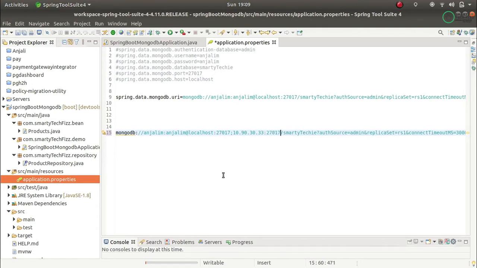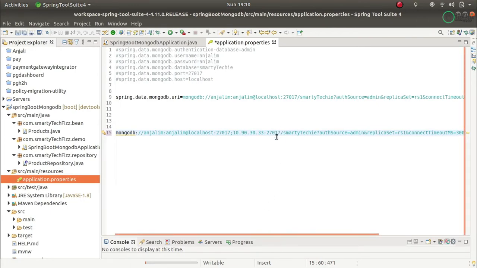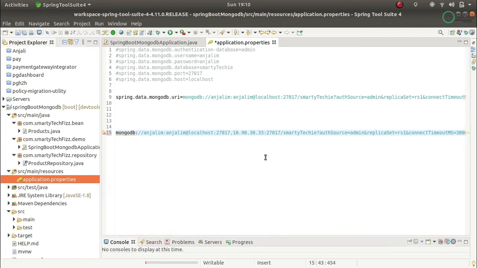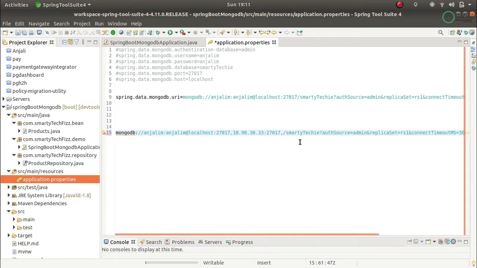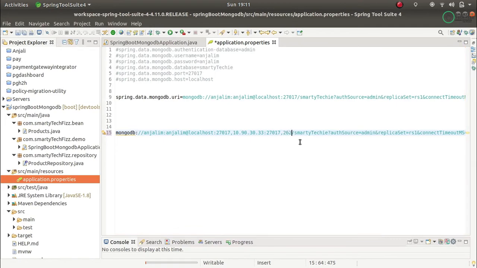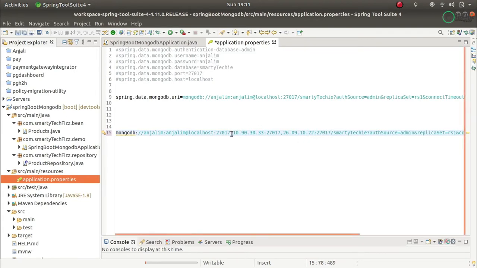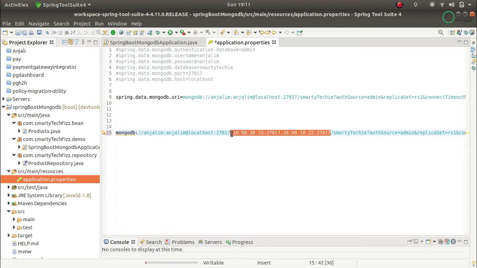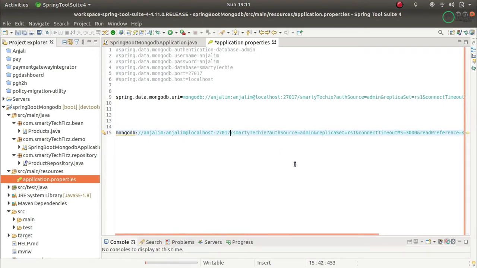It is not a semicolon, it will be a comma, then the IP, then the port number. If you have other members also, just add them by adding a comma at the end and then provide the IP of the other members, and 27017. In the same way you can connect other members too, but I have only one member, so I don't have to provide other IPs because I don't have them.